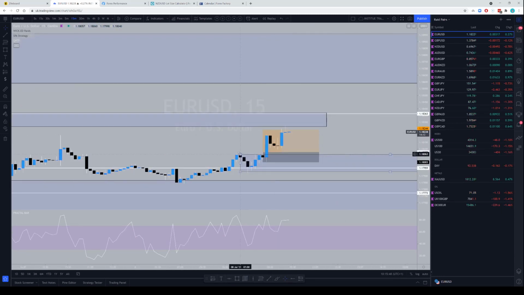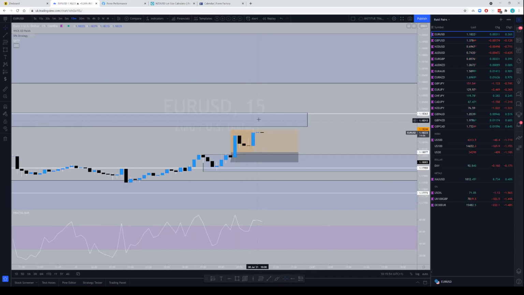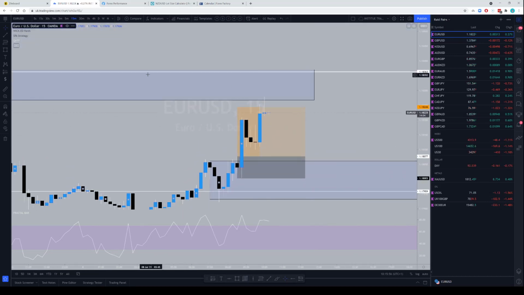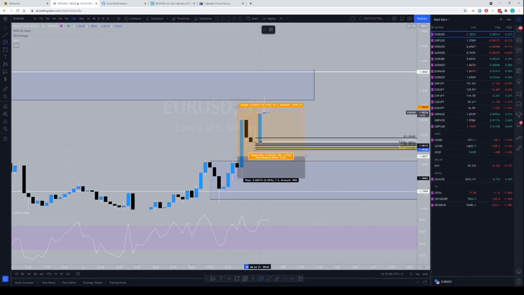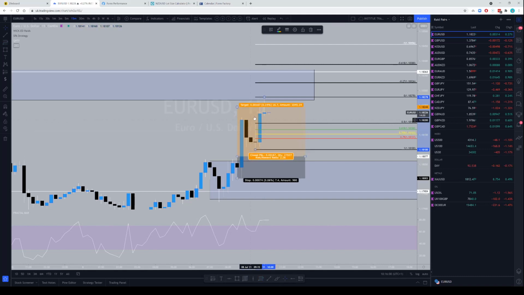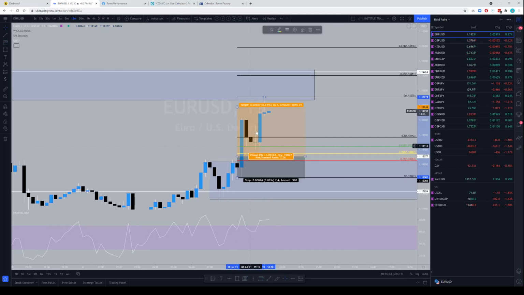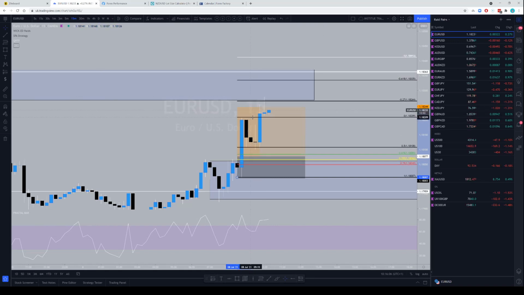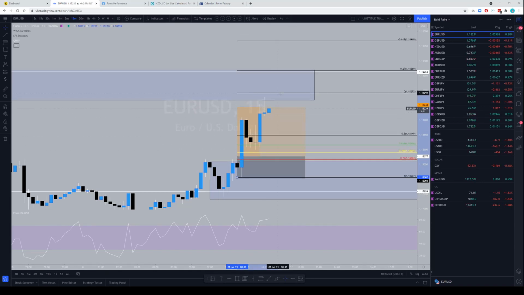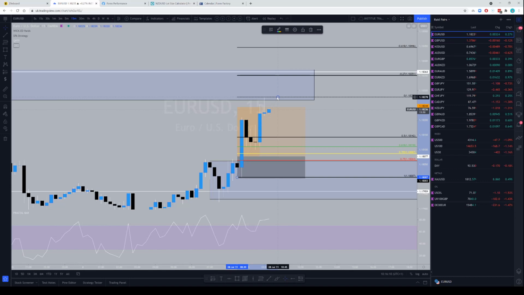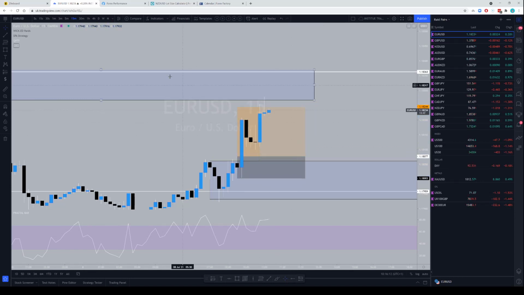Even though it made a high here, okay, they failed to come down to optimal trade entry. So when you're buying this as a new optimal trade entry, chances are it's gonna fail, because they did not come to optimal trade entry on this. So that's an engineered low that potentially they can come for. And I think I'm gonna show you one